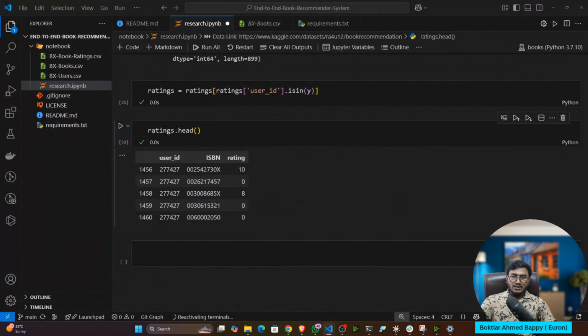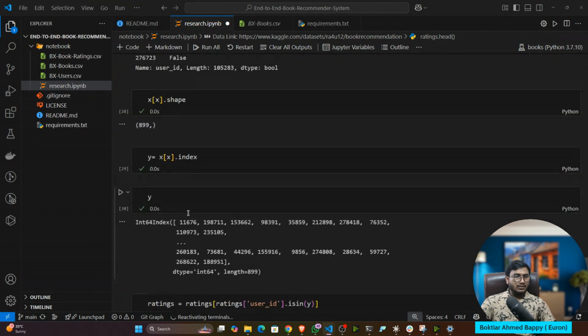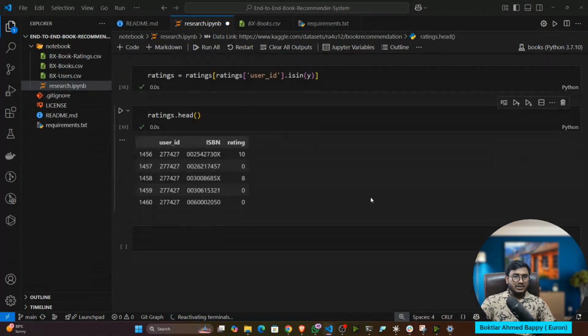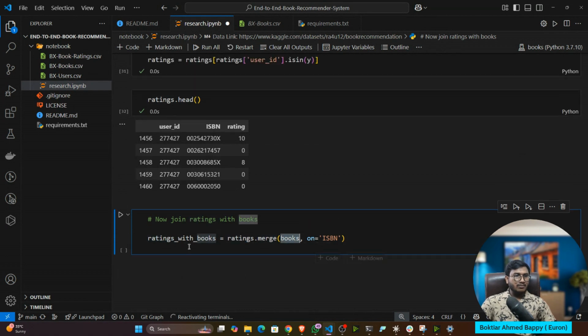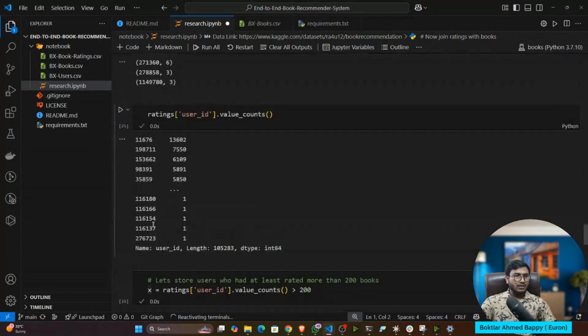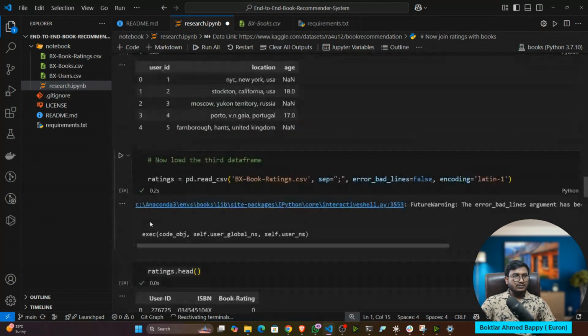Now we'll try to merge these books. That means this ratings data with our books. Here we're doing the merging operation, ratings.merge. We are trying to merge the books. You can see this is the books.